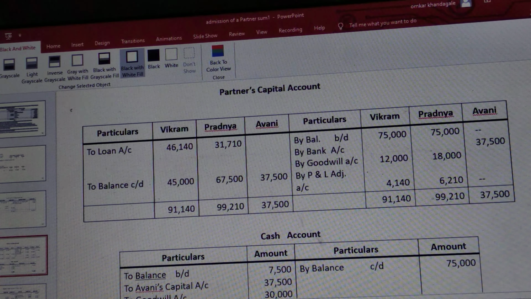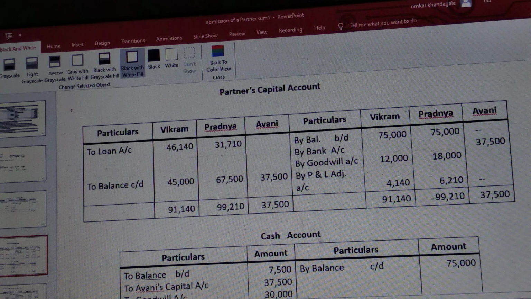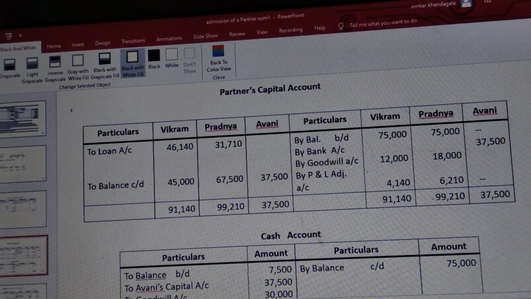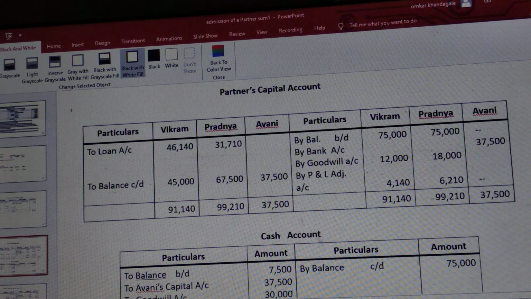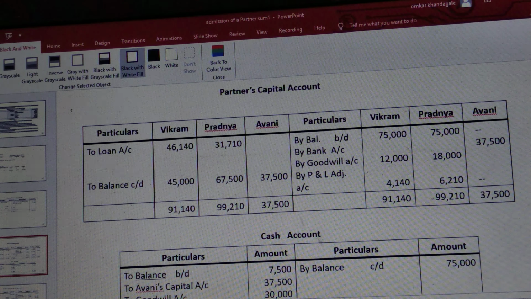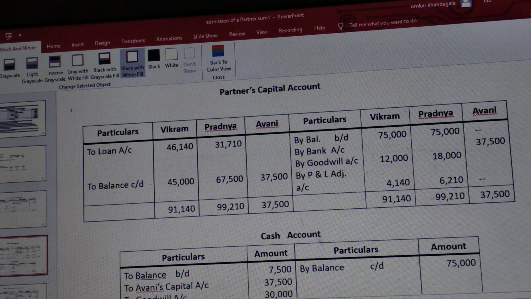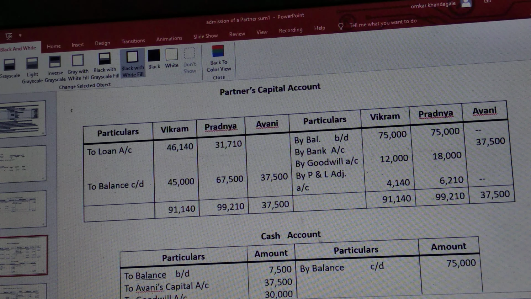So bank account debit to Avni's capital account. So in the capital account on the credit side, by bank 37,500. Now he has brought rupees 30,000 as goodwill for the sacrifices that these partners, Vikram and Pradnya, are making. So by goodwill 12,000 and 18,000. This will also be distributed in their